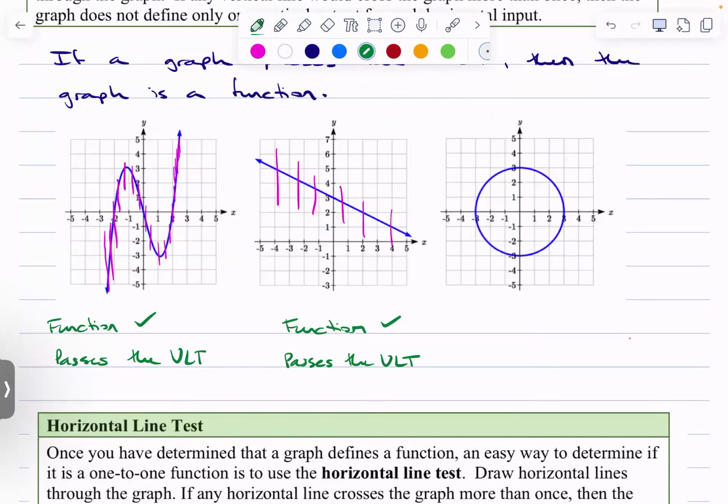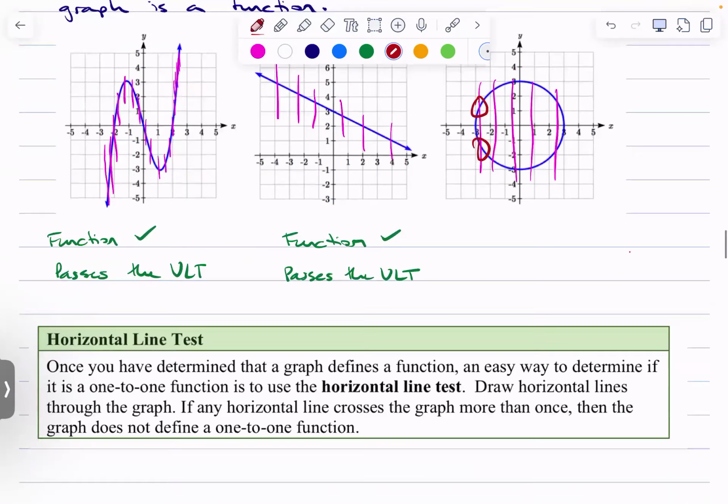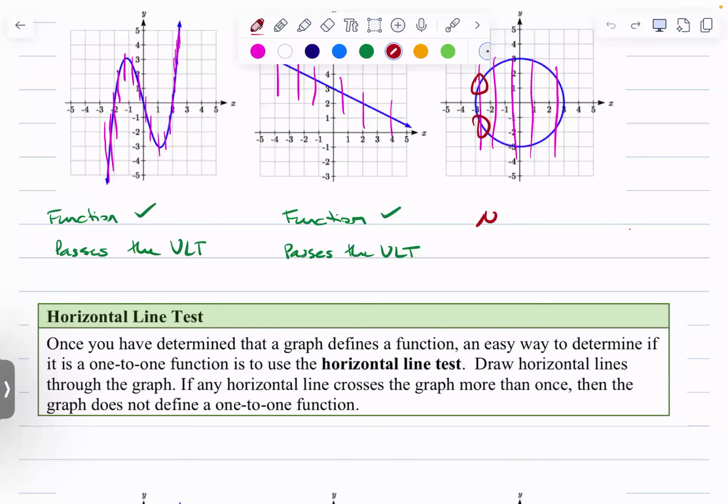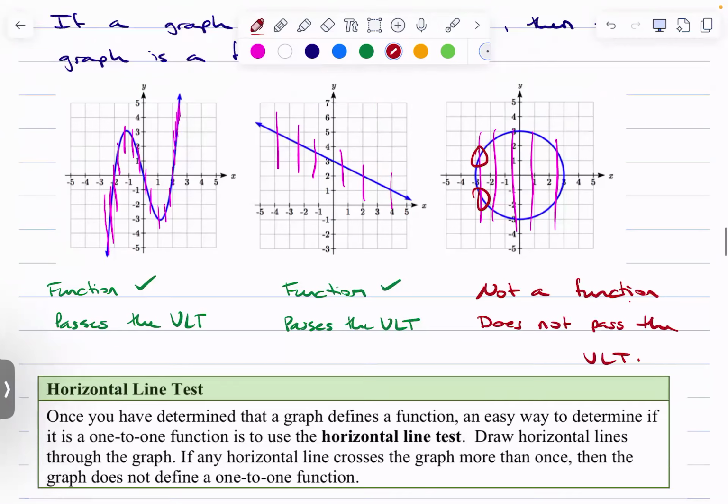And I guess I already gave it away, the circle. Circles exist, no doubt about that. Right? We even have equations and we have math to work with circles, but they're not functions, right? So right away here, not a function. Oops. Not a function. I tried to combine the two. Yikes. Not a function because it does not pass the vertical line test.